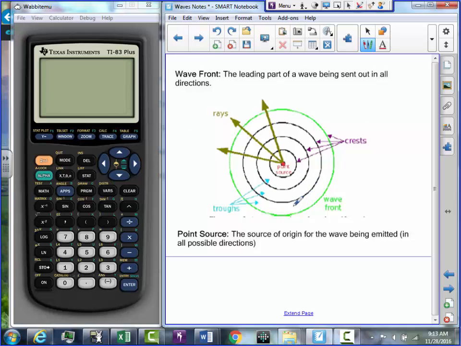Okay, another couple sets of definitions. When I draw a picture of a wave, I'm really trying to draw it as though it's only going in one direction. You can imagine that as I speak, I'm emitting waves. And this wave is going up and down and up and down until it reaches you. But that up and down motion is only in one dimension. My waves actually go that way and that way and that way and that way. Does that make sense? So sometimes what we'll do is we'll draw a diagram like this called a wave front